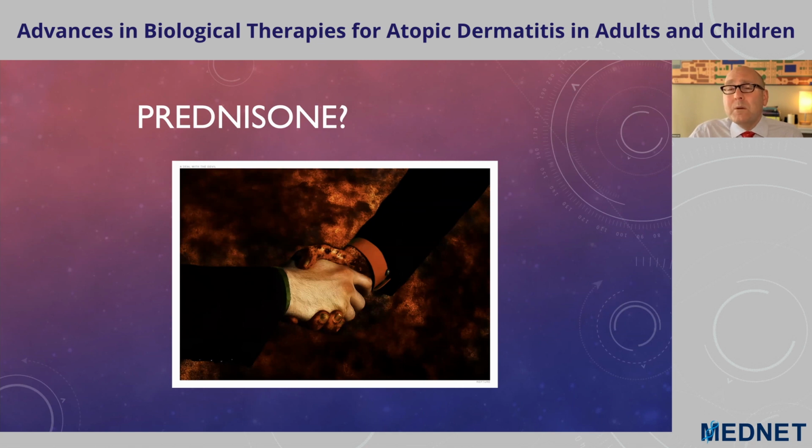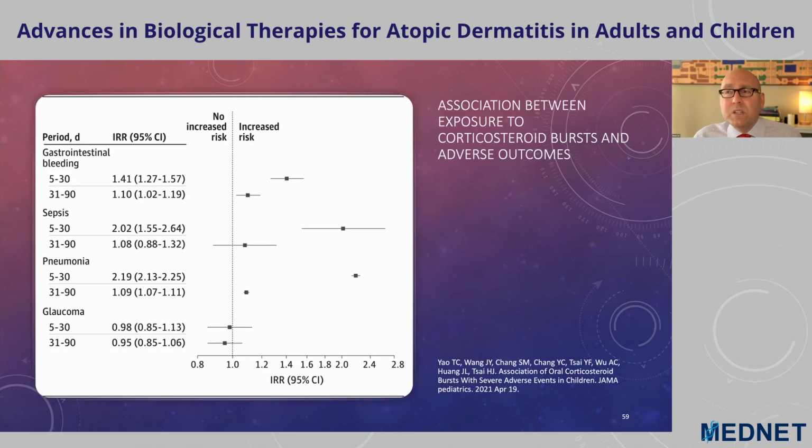And I just want to take one moment to talk about prednisone. We see here a deal with the devil. What about prednisone or intramuscular triamcinolone or prednisolone, any of those? Well, the truth is we try to avoid it pretty much at all costs with this condition. And I would argue with any chronic inflammatory condition, we really ought to be trying to avoid systemic